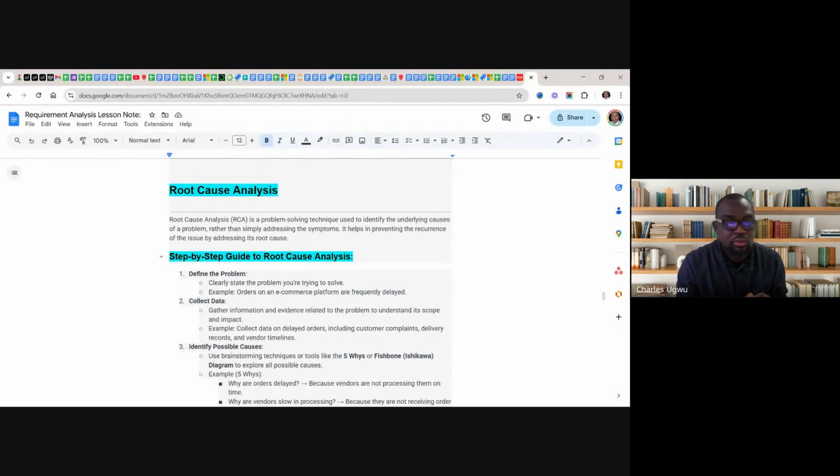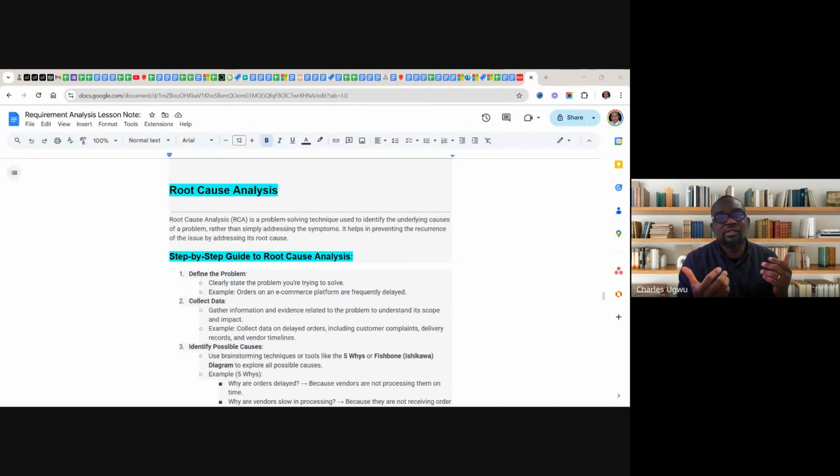So if you're having a constant headache, all the time headache, you take paracetamol. You have a headache, they say drink a lot of water. You have a headache, they say have some rest. You keep on having the headache, and you just keep moving around taking all this. But if you want to apply root cause analysis to find out what is wrong, you need to go to the hospital, go to the laboratory, carry out a test, find out what is wrong with you,